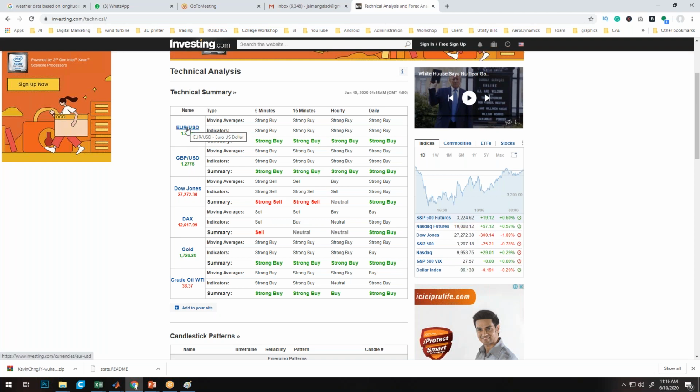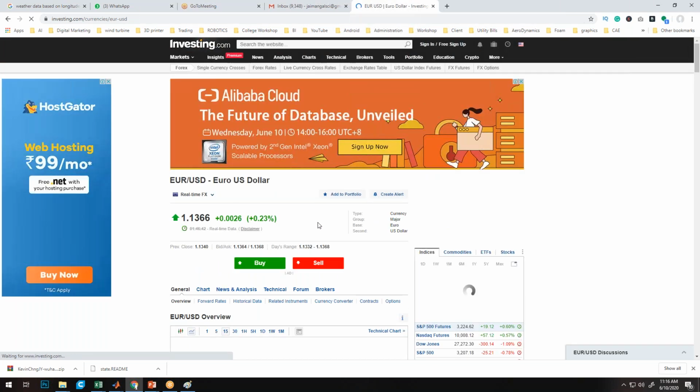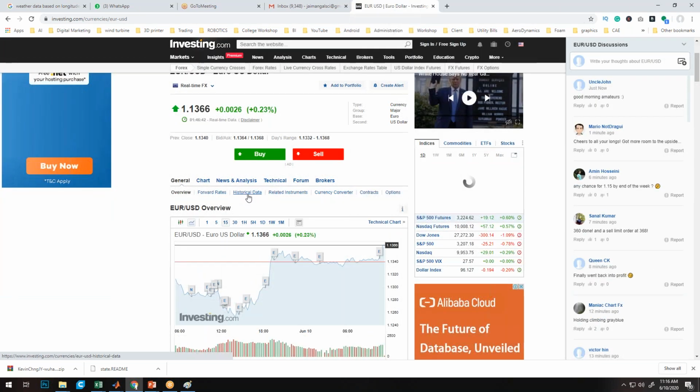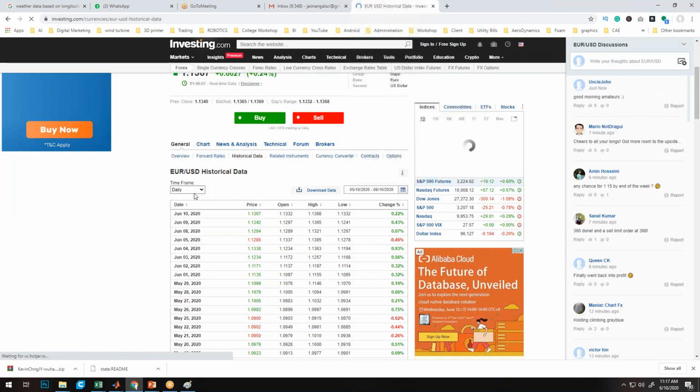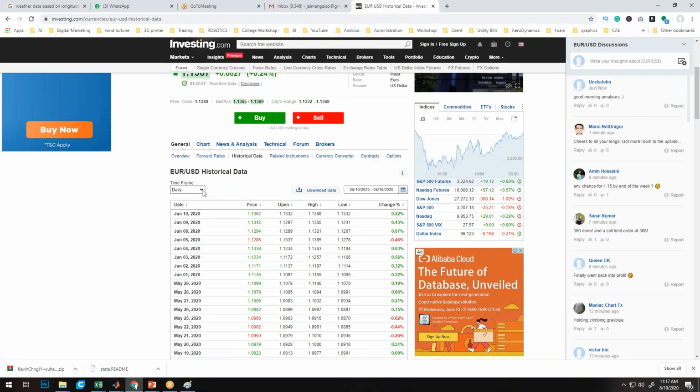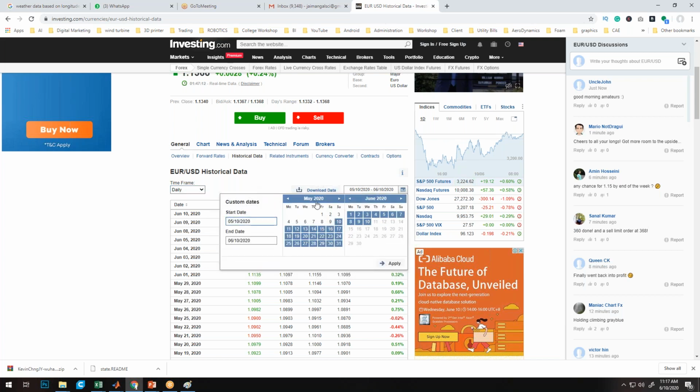So now, say we take the EUR USD currency. In this one you'll see historical data. You have to click on the historical data in order to download the data, and you can start with the day when COVID entered the US market. That was around January 20. So here you just put that time range. Say I want to do it from January 10, so I'll put 1 up to this one, and I can click apply.